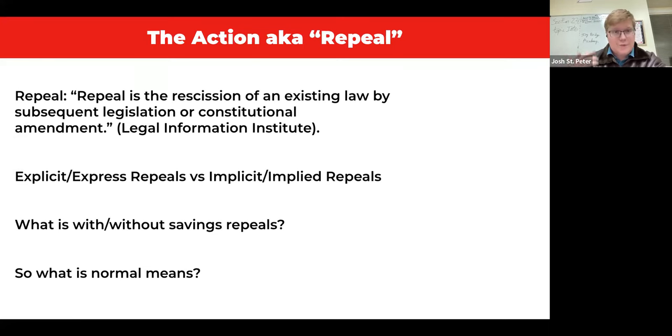Because it's something that when we look at it, the first thought is, oh, it just means we get rid of an action. And it's important to realize that there are multiple ways that it can be repealed, because in many ways, Section 230 has been repealed multiple times over in different ways.